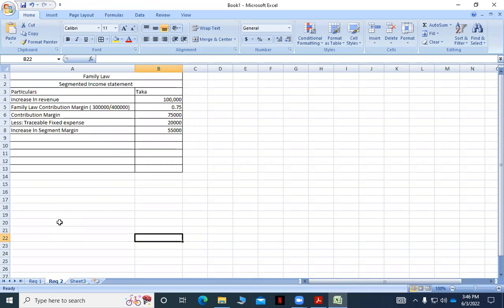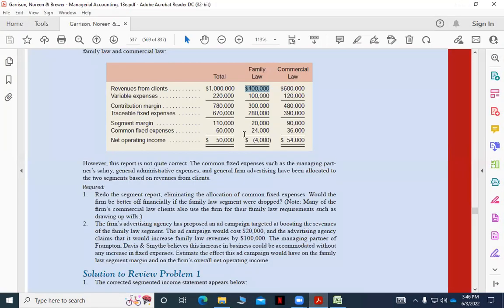সবাই কি ক্লিয়ার এটা? জি স্যার, একটু ক্লিয়ার হয়েছে, আরেকটা করলে আর ভালো করে হবে স্যার। আচ্ছা, কোশ্চেনটা হচ্ছে, ওকে, সো আমাদেরকে বের করতে বলছি estimate the effect this ad campaign would have on the family law segment margin and on the firm's overall operating income। অর্থাৎ এই অ্যাড ক্যাম্পেইনের ফলে আমাদের সেগমেন্ট এবং ইন টোটাল আমাদের কোনো চেঞ্জ হবে কিনা সেটা আমাদেরকে কনভিন্স করতে হবে। সো দেয়ার ইজ a change of 55,000 টাকা you already shown there।